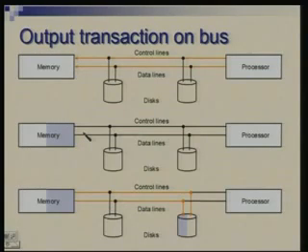Now we are trying to show an output transaction. That means something is to be read out from memory and sent to a device. We will try to shade the memory or the device, reflecting whether it is reading or writing. If the right half is shaded, it indicates reading, and if the left half is shaded, it indicates writing. To begin with, the address is sent to the memory, and the control line will indicate that now an address is being sent, it is not the data. So memory